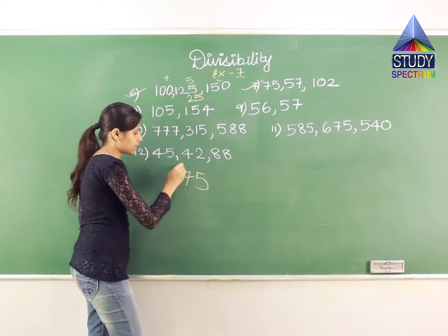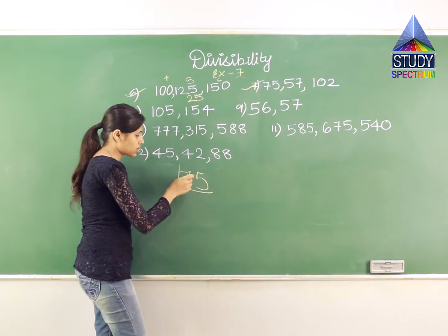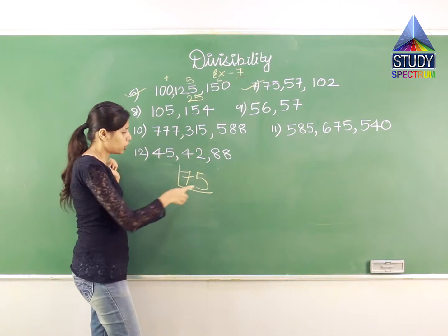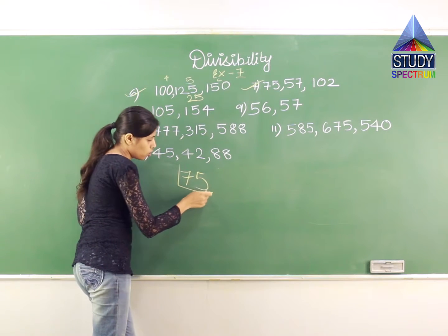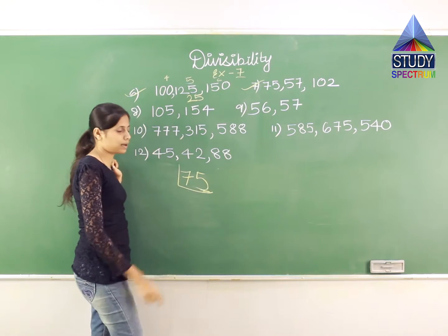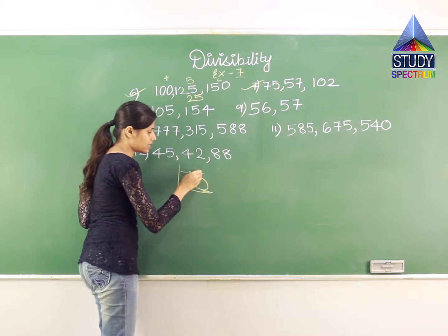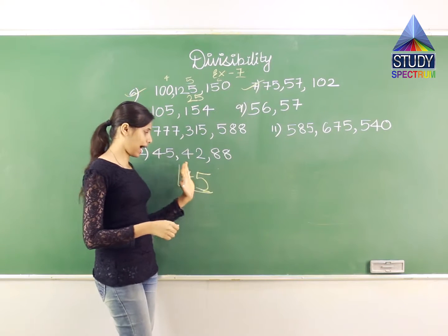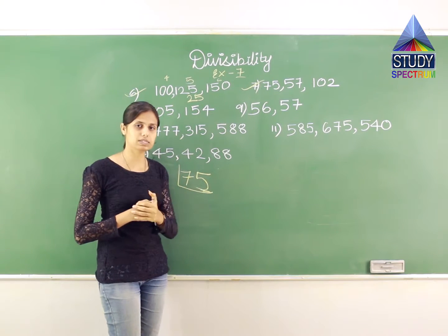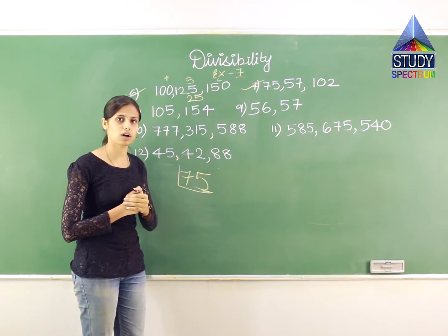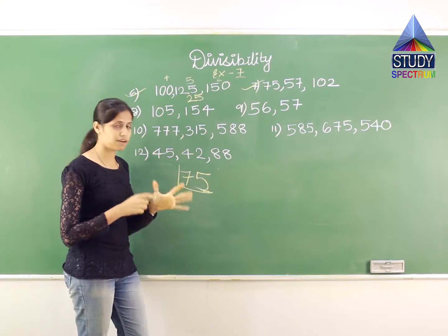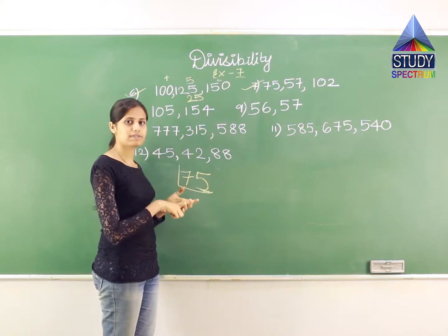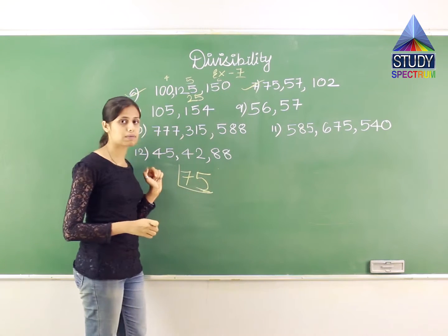75, inside the factorization bracket, अभी मुझे एक ऐसा नंबर चाहिए, छोटा नंबर जिससे 75 को मैं डिवाइड कर सकूँ. 2, can it be possible by 2? No, because at the end I need even number and 5 is not an even number. So I cannot divide 75 by 2. What about 3? 7, let us add this number. If the summation is divisible by 3, then the entire number 75 will also be divisible by 3. So 7, 8, 9, 10, 11 and 12. Yes, 12 is divisible by 3. So 75 is also divisible by 3.